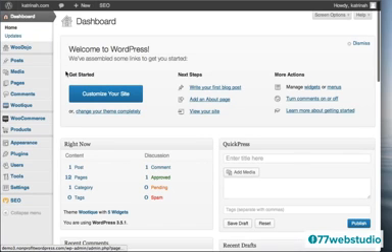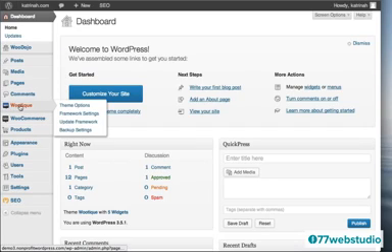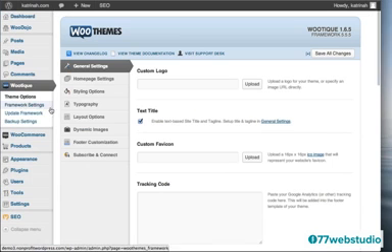And then we want to go to the Wootique theme options screen. So on the left-hand side, there's an item here that says Wootique. So I'm going to click on this. And here we are on the theme options screen of our Wootique